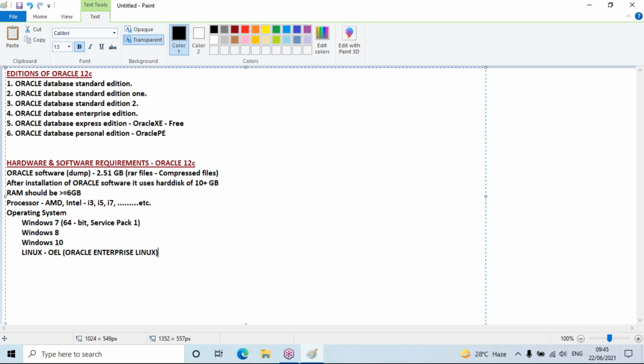I'm not saying Oracle will be installed only on OEL. No, Oracle can be installed on many flavors. I'm just giving an idea that there is a Linux from Oracle Corporation too, which they call OEL. What are other Linux flavors? You might have heard about Red Hat. If you have Red Hat, no problem. You might have heard about Fedora, which is one more flavor of Linux. Or there is one more flavor that you call SUSE.